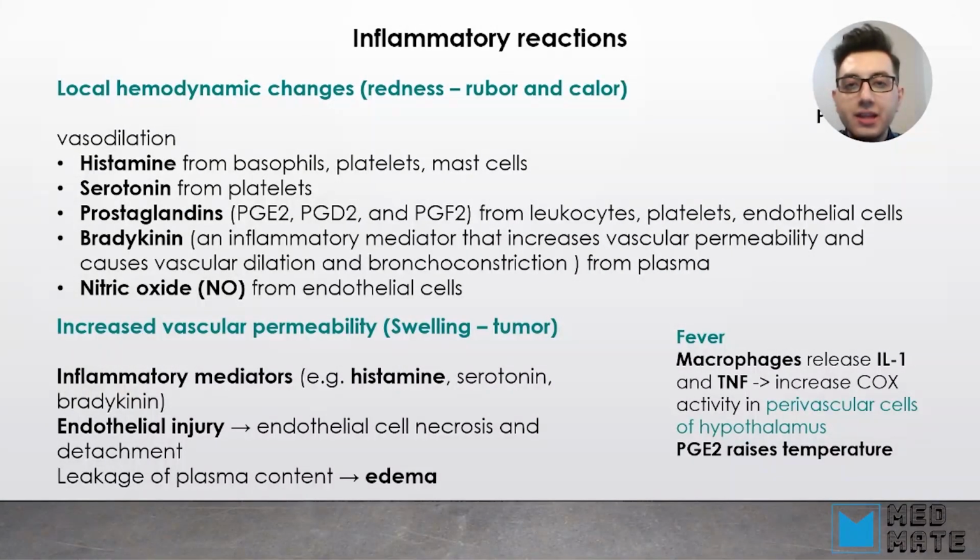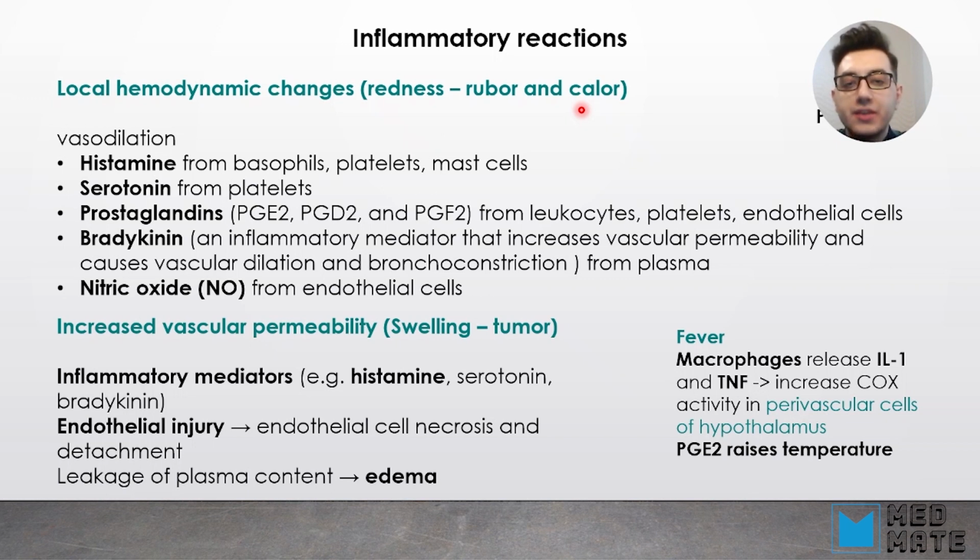Okay, now let's talk about inflammatory reactions. Inflammatory reactions have these cardinal signs, and you have to know how each of these cardinal signs is formed and what the factors are that are causing the presence of these cardinal signs. So first, let's talk about redness or rubor, and calor, which is the warmth that is caused in the inflammation process. And all of them are